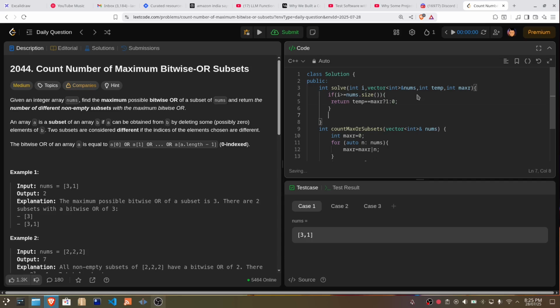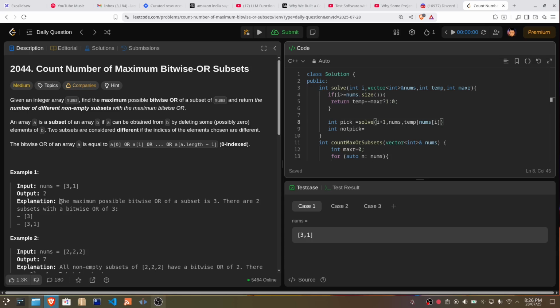And then now the base case is done. Now comes the main case. We have two possible options, either to pick the answer or not pick the answer, which is the core idea of 0 1 knapsack. If I pick a value, what happens is I will move on to the next number. Suppose if I pick 3, I will move on to the next number 1. So I am incrementing the index. The nums array is still the same. And then what happens with the temporary value is, temporary value I will R with this nums of I,